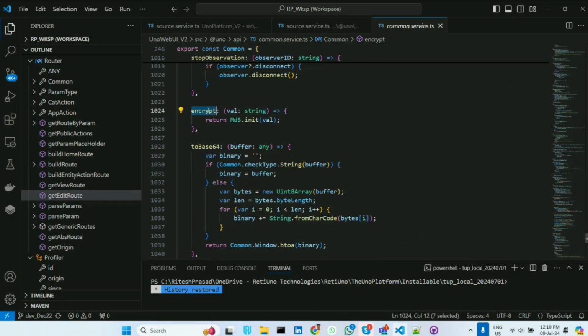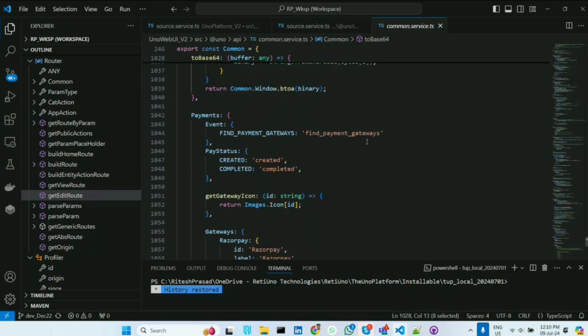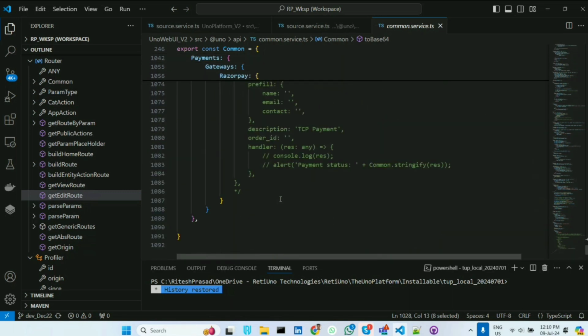Script. Okay, so now if we have something available and I want to apply an MD5 encryption, this is a utility function. Convert a buffer into base64. Normally this is useful for converting an image source into base64 equivalent. We use that. Something about payment gateways, Razorpay. That's it. So common